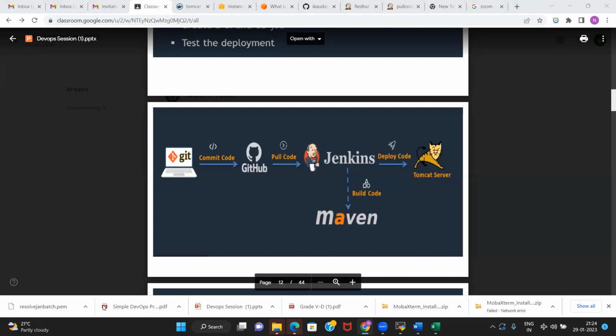So Jenkins, we are going to talk in detail later on. We are going to talk about GitHub again, what is source code management, what is SCM. We are going to talk about Maven also. But before that, it is better to get an idea and have the setup, so that you have a background when we are doing this.